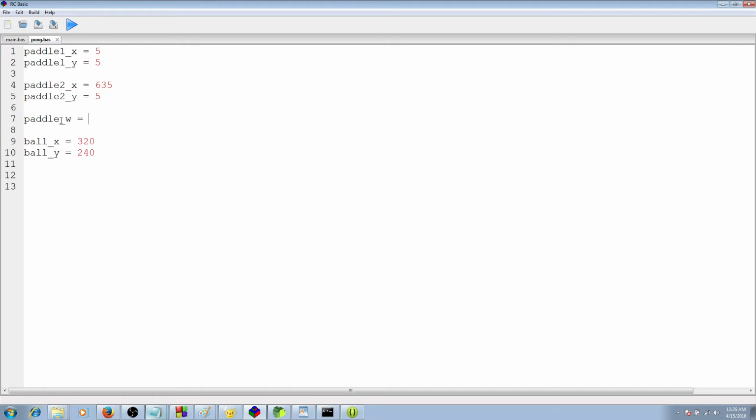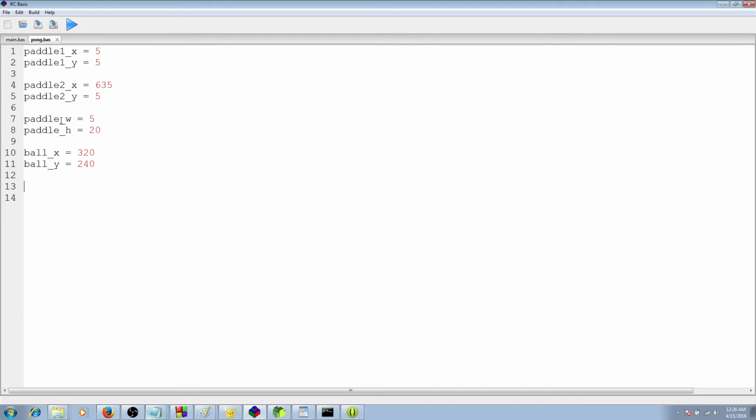I guess we'll make it about 5 pixels wide, and paddle underscore h equals, I want to make them kind of small but not too small, so we'll try 20,